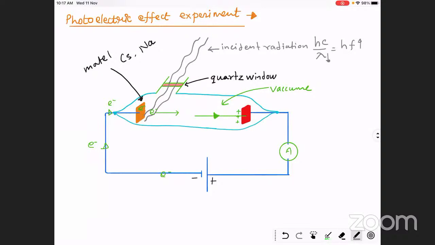If you want to increase current, you will have to increase number of incident photons. On increasing energy of incident radiation, current will not increase. So if you increase energy of incident radiation, current remains same. क्योंकि अरे तुम्हें इलेक्ट्रॉन कितने निकालने, करंट ज्यादा चाहिए तो इलेक्ट्रॉन ज्यादा चाहिए कि नहीं चाहिए? If you want more current, you want more electrons, and you will get more electrons when more photons are incident on the metal surface.